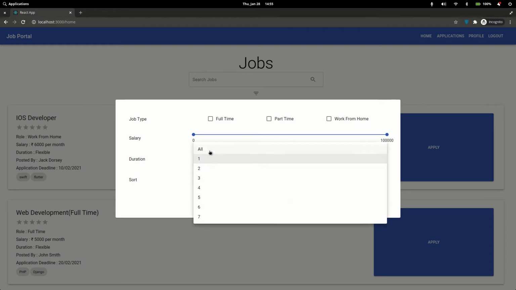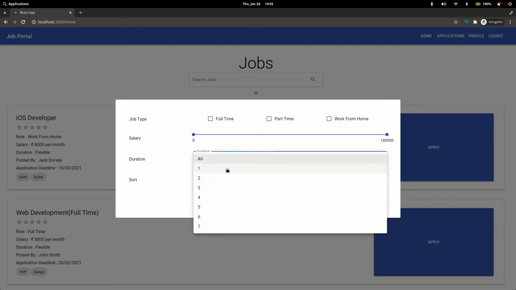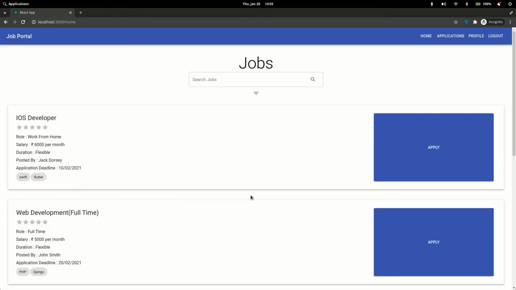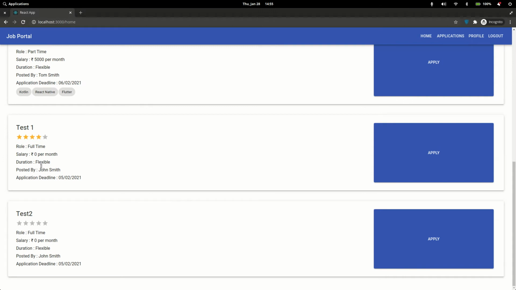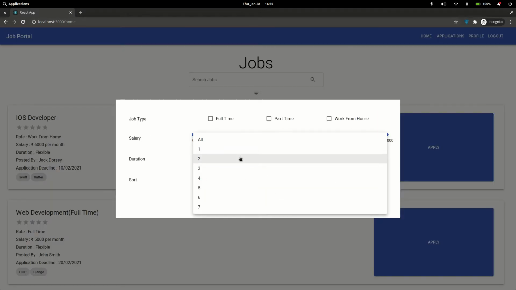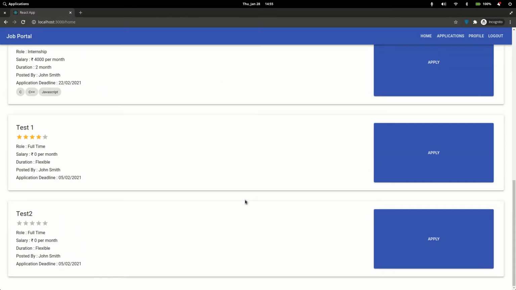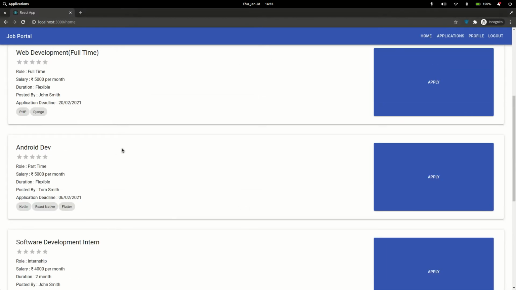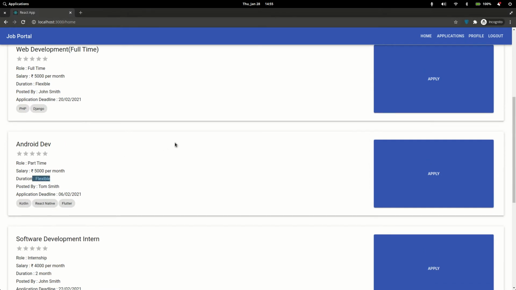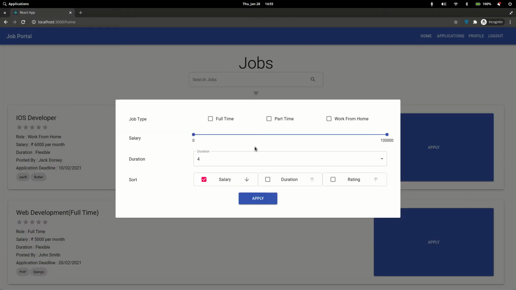I want to see all the jobs which are available for less than 2 months or the infinite, flexible. So it is going to give me all the jobs which are available for less than 2 months, or flexible jobs which do not have any fixed duration.